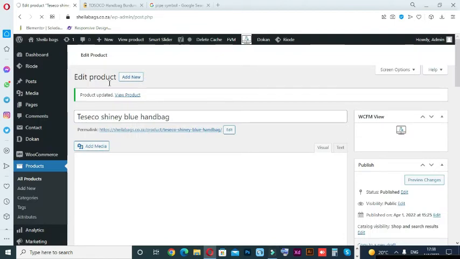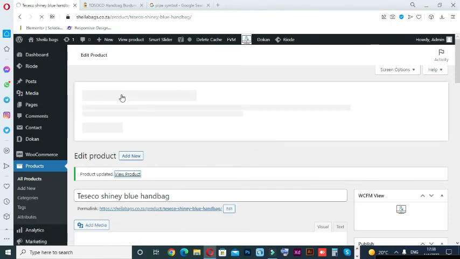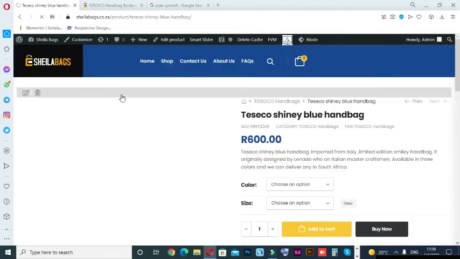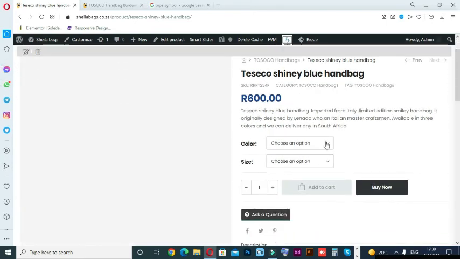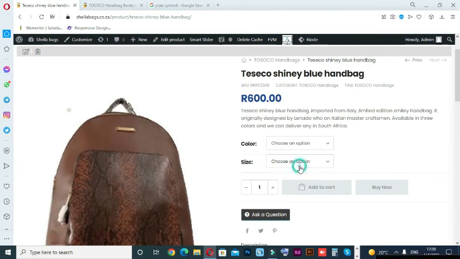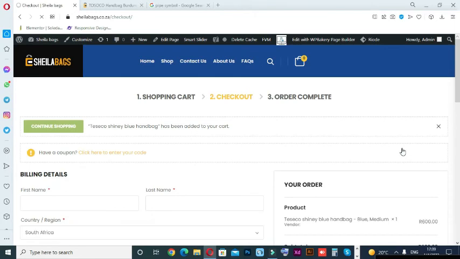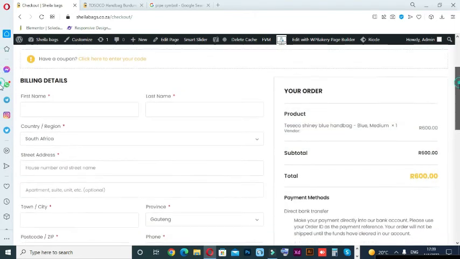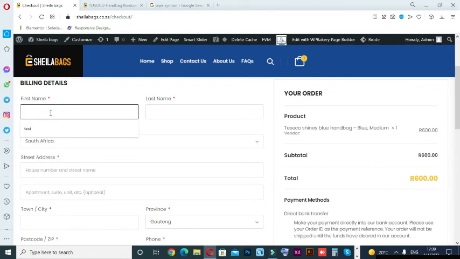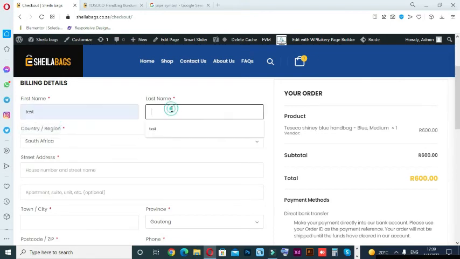I will demonstrate how to delete that product. Let's view our product. We have a new product. A customer comes here, he or she selects color, blue, and the size they want, medium. They come here, they buy their product. This is where I will demonstrate if my website is functional. They come here, we are testing, they do test,